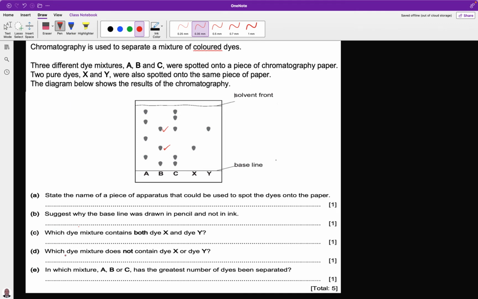Question D. Which dye mixture does not contain dye X or dye Y? Look critically. B contains X. For question D, which dye mixture does not contain dye X or dye Y? Does not contain. You will see that